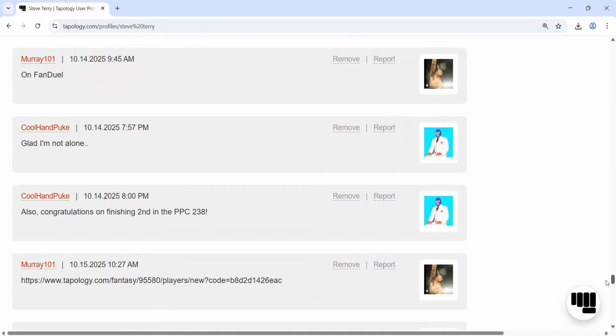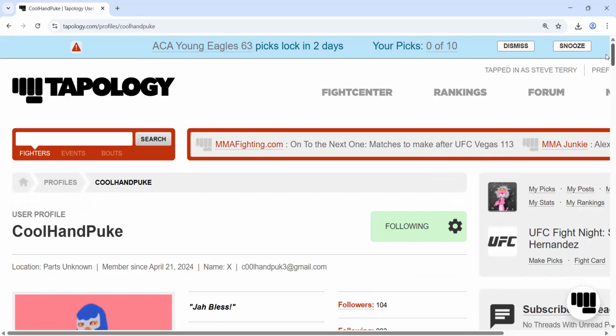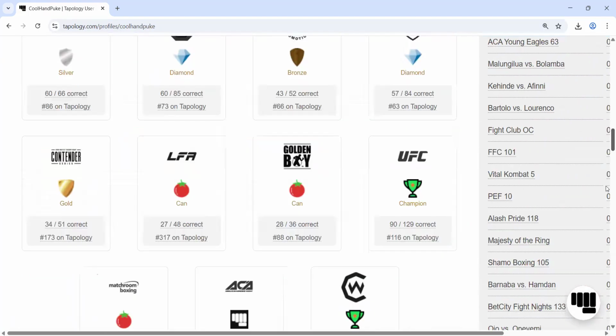Each person has on their wall a section where other users can make comments on their page. Now, what is a common mistake is, take Cool Hand Puke, for instance, given he's inspired me to make this new series of videos. When you want to communicate with someone directly, like by IMs, this is basically the closest thing that Tapology has to IMs, like you have with social media. Basically, you click on their profile, you click on Cool Hand Puke, and I'll scroll down to his one, right to his bottom,